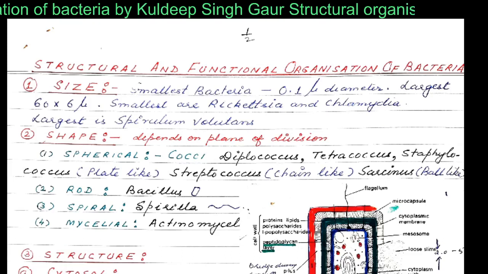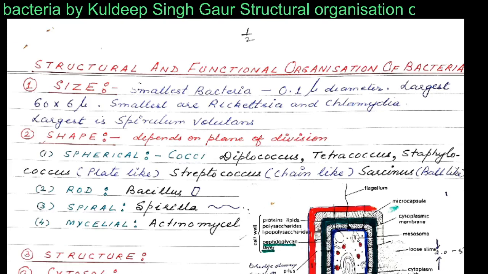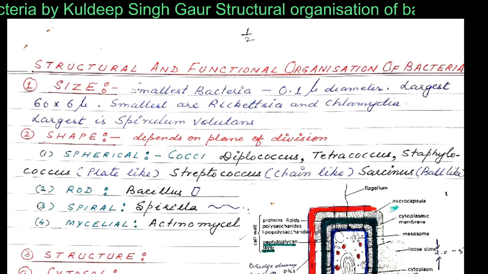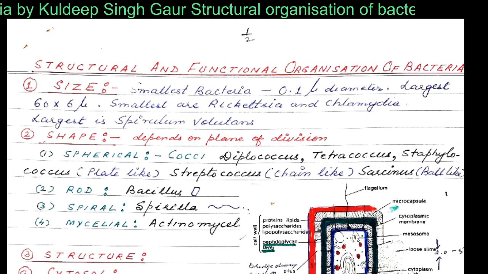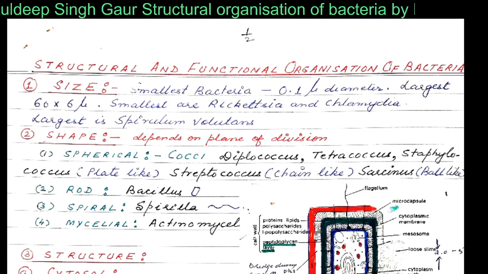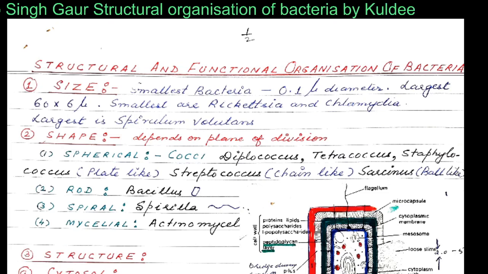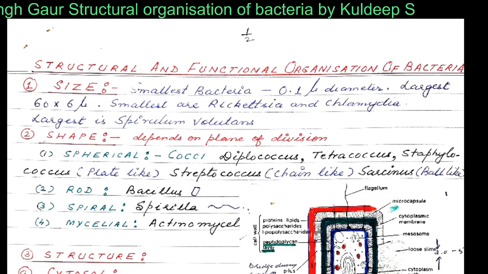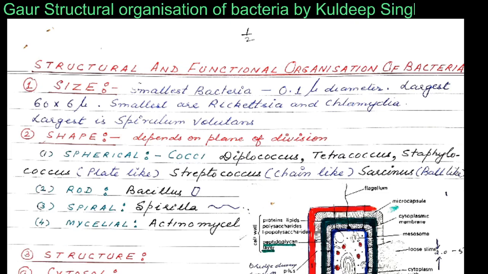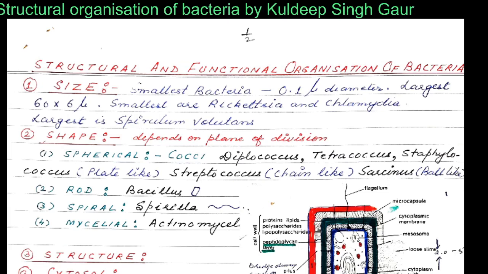Dear students, in the last lecture we had studied the structural and functional organization of bacteria in detail. Let us have a quick revision of what we had studied in the last lecture. I have told you about the sizes of the bacteria. The smallest ones have about 0.1 micrometer diameter, and the largest are 16 to 60 micron. Rickettsia and Chlamydia and Spirillum volutans were respectively their